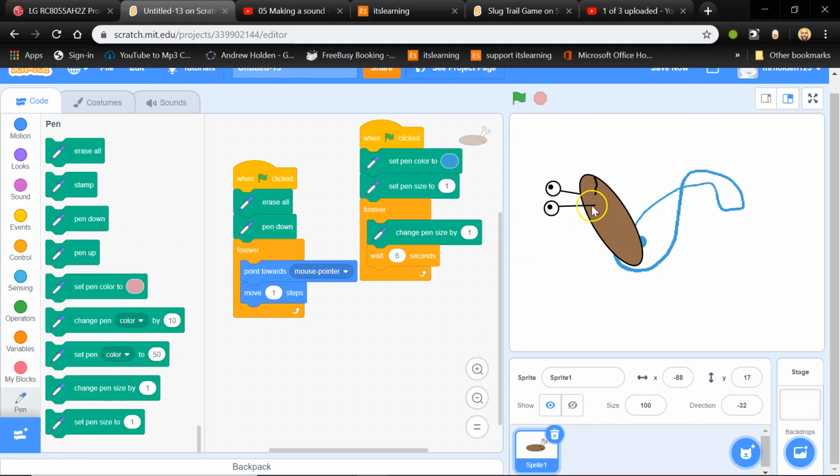Okay, now we've got the slug trail. We are just going to make two backgrounds for our game. So the slug has to stay on the path, otherwise a horrible noise sounds. And to do that, we make the horrible noise sound when the slug touches the color of the background